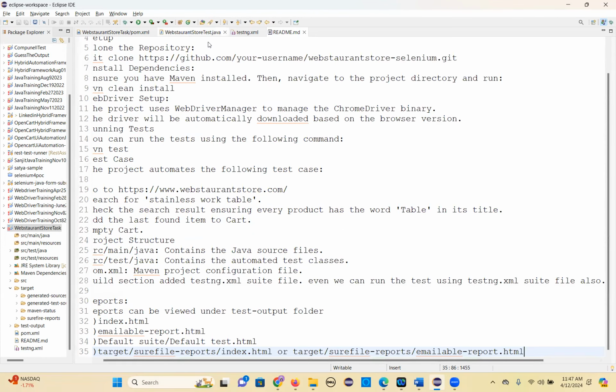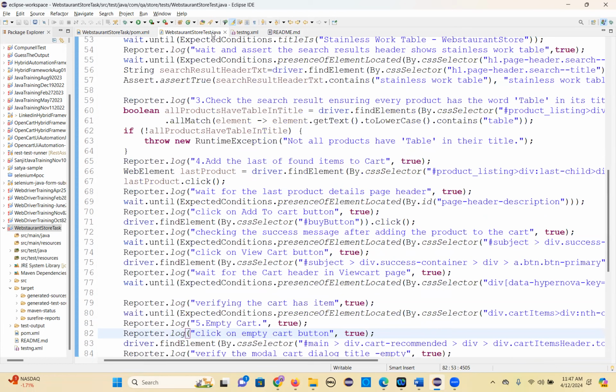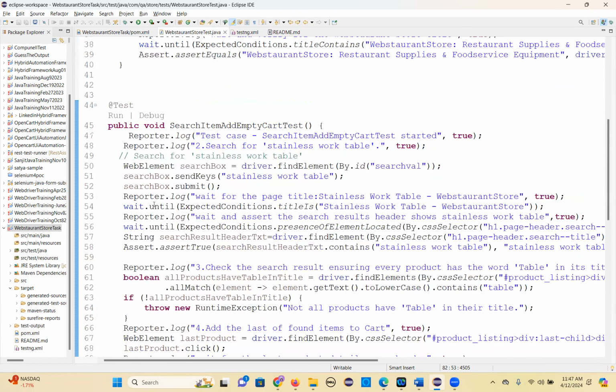So this is the Java file. You can see this is the plain English code, right? This is all plain English code. This is the dot Java. So the dot Java file is a normal code. Okay. So this code